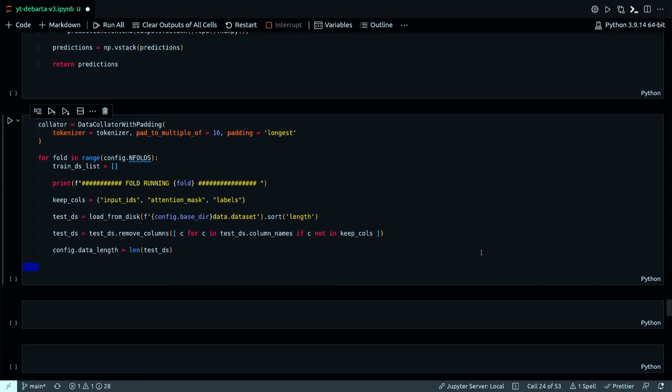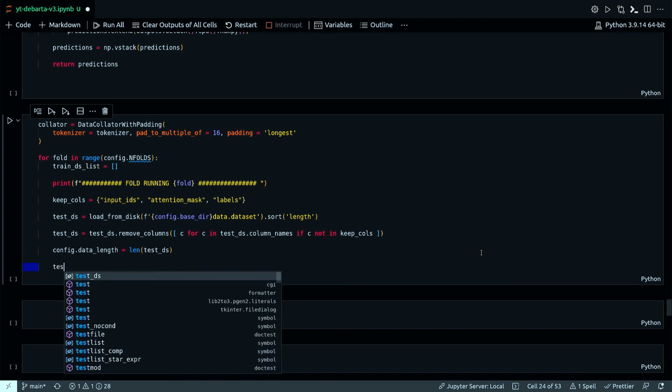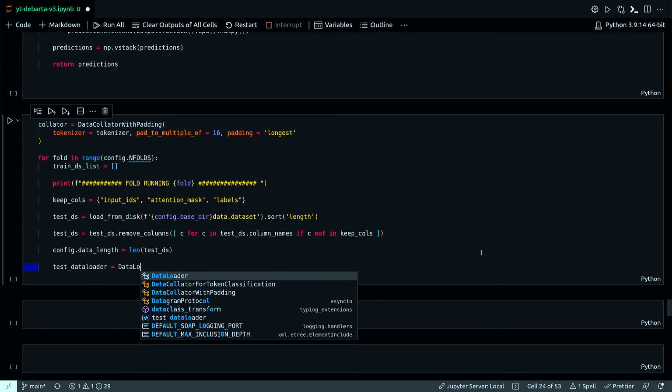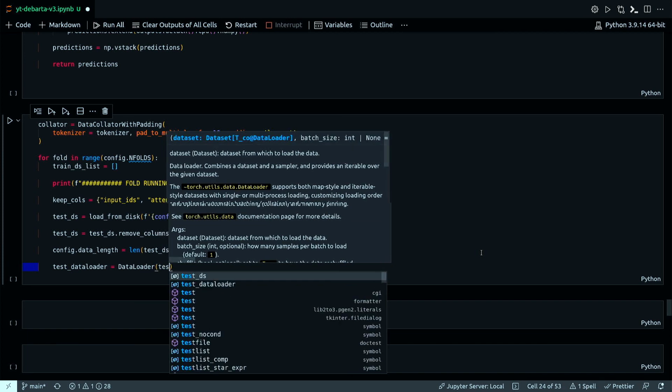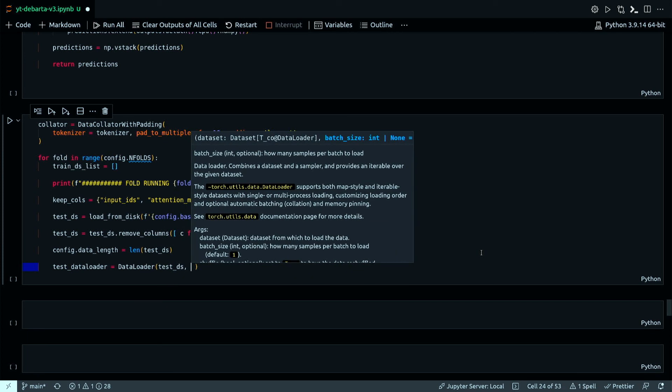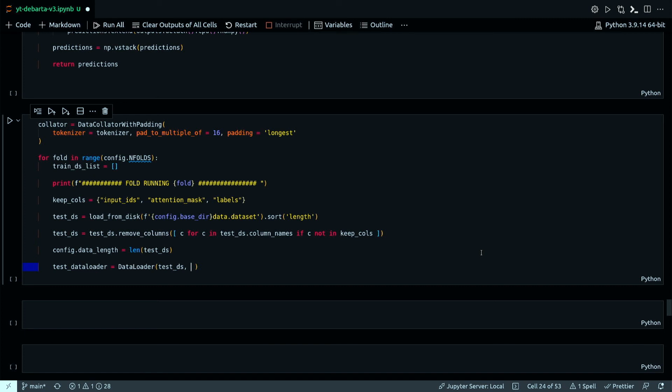Okay, and now test. I'm creating the data loader for feeding into the model with test.ds.